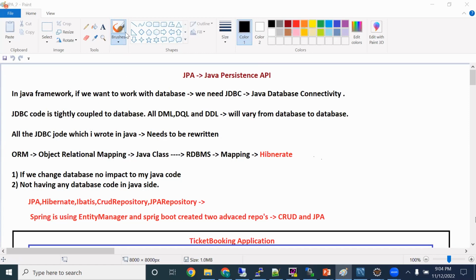So far, we discussed a complete ticket booking application where we were able to create a ticket, update a ticket, delete a ticket, get a ticket, and get all tickets. This is what we wrote in code and were able to showcase. And also, whatever I mentioned at the time of the demo,